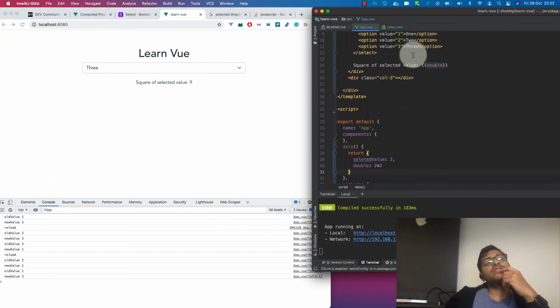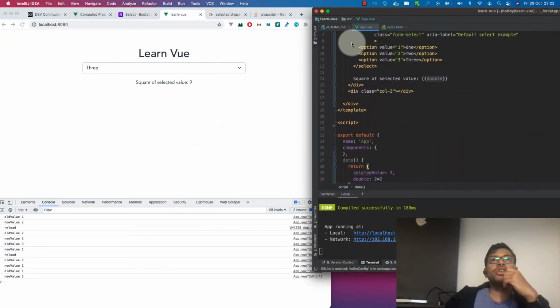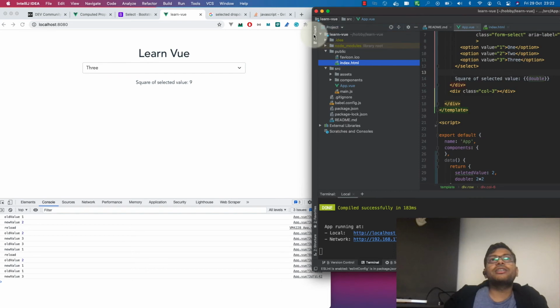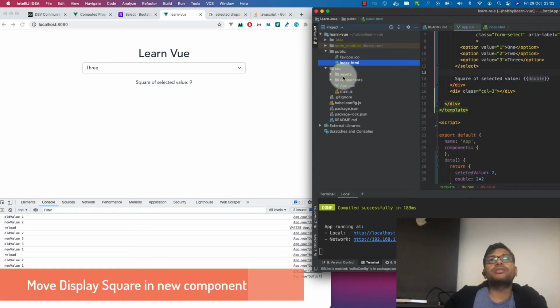We can also cover how you can use a component. We can display the square of the selected value in a new component. So how can you do that? We can just declare one component here.